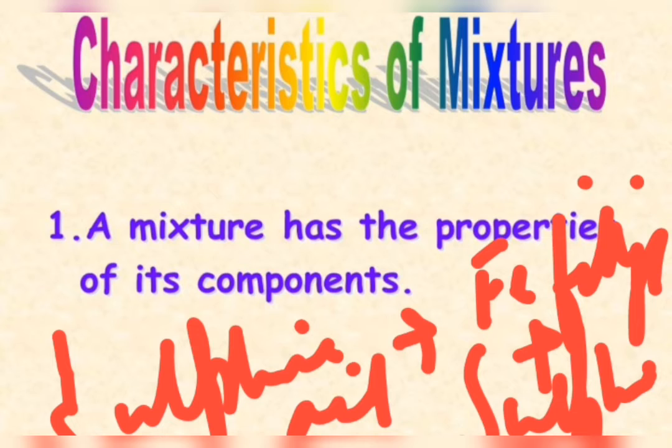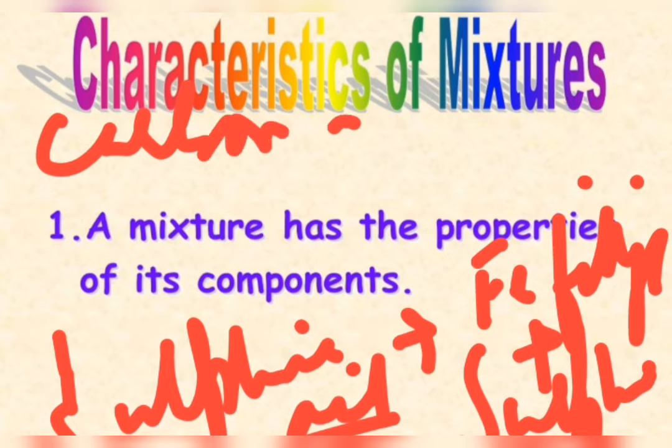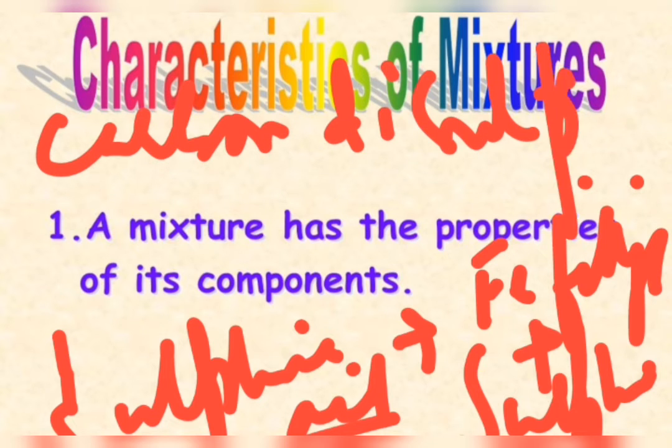So this shows that a mixture of iron and sulfur is showing the properties of iron when I am adding sulfuric acid to it. Now suppose I am not adding sulfuric acid. Now I am adding carbon disulfide to the same mixture of iron filings and sulfur. Now you will see that the sulfur part dissolves in it, leaving the iron unchanged. Iron will remain like this, but the sulfur part gets dissolved in it. This means that the mixture of iron filings and sulfur is showing the properties of sulfur now.